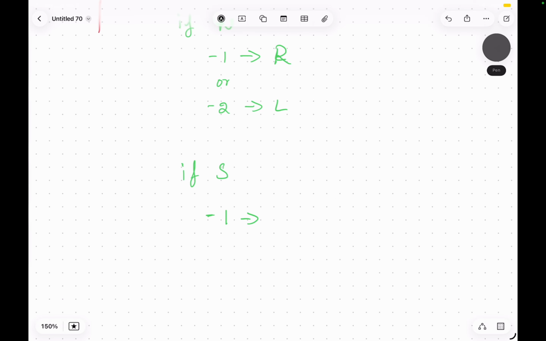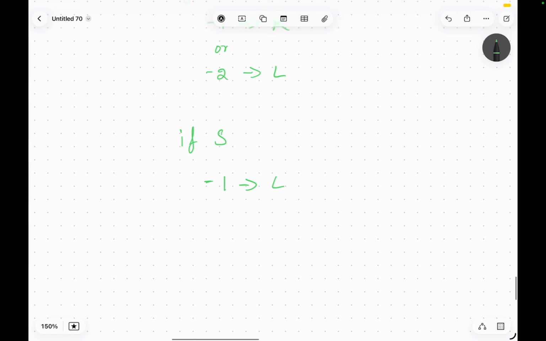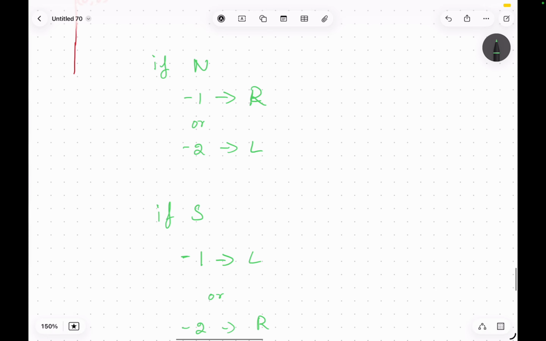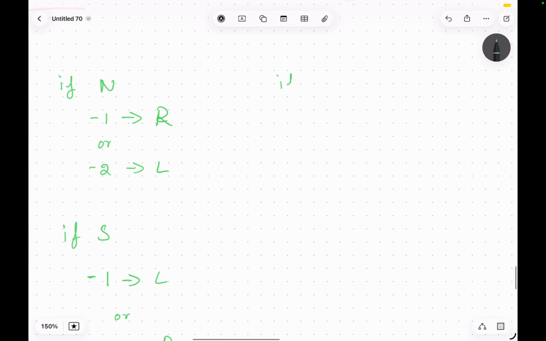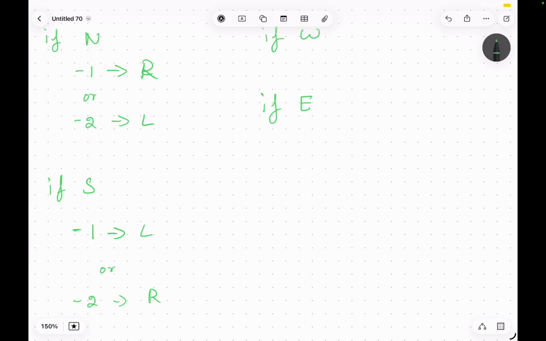So this changes, and if it is -2 you move right, so this changes for these two directions. And if you're looking from west and from east as well, it changes based on its own perspective, right? So you will handle all these things, and to handle the obstacle,